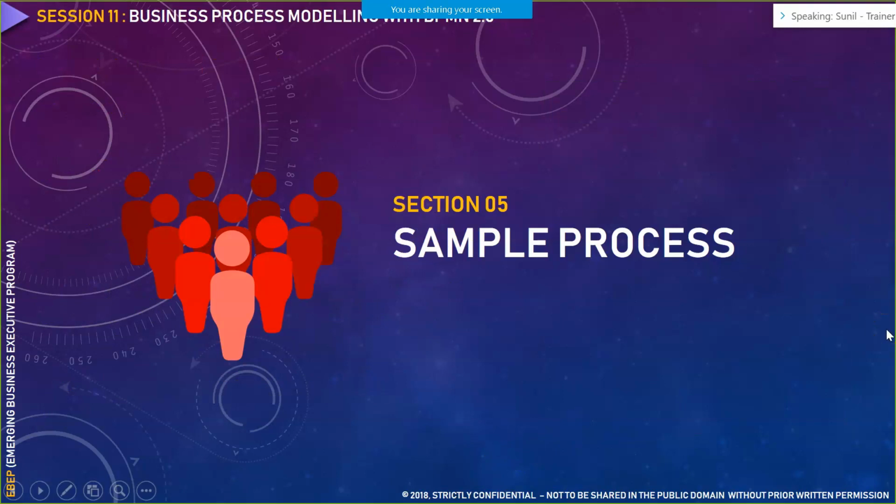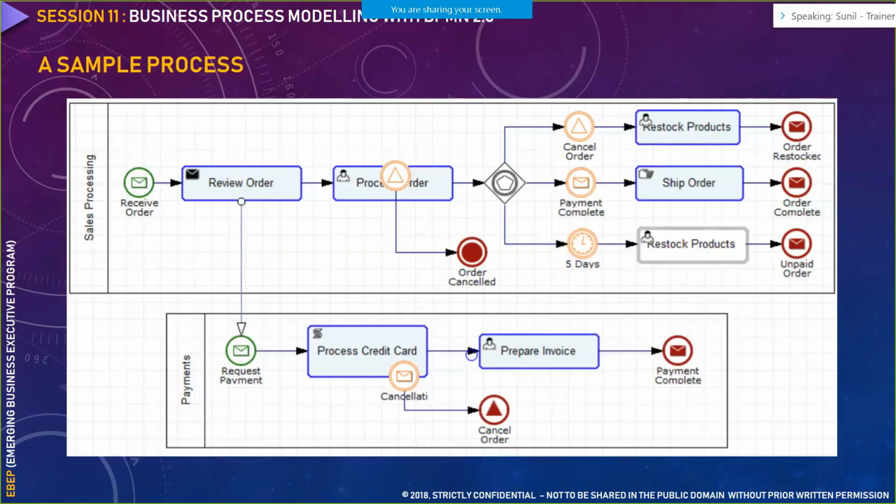So these are some of the notations that are prescribed by the BPMN 2.0 framework. Depending on your needs and requirements, you should go about using those notations. This is a sample process wherein we have the sales processing process and the payment process in two different